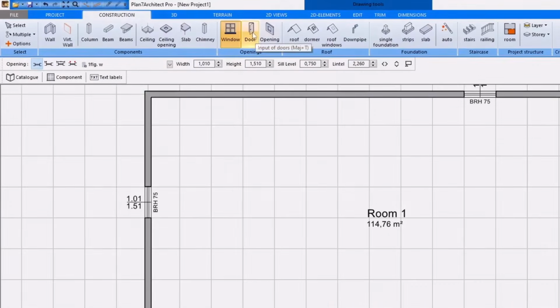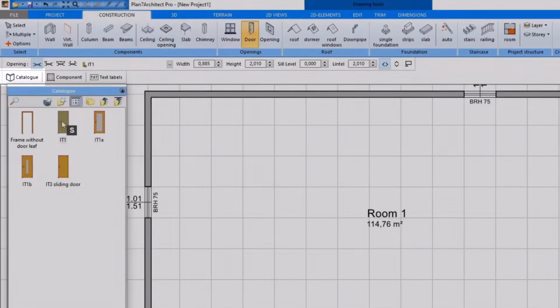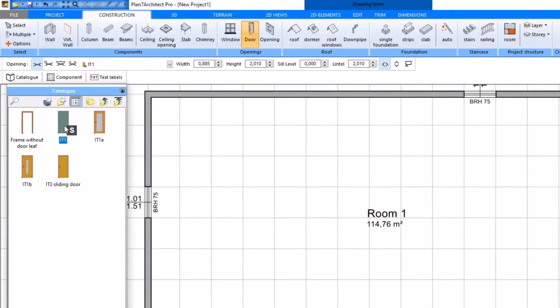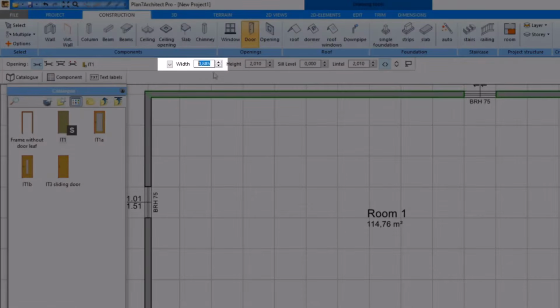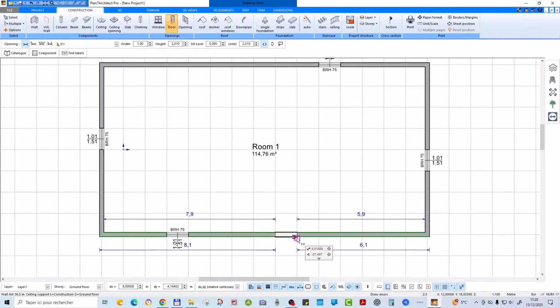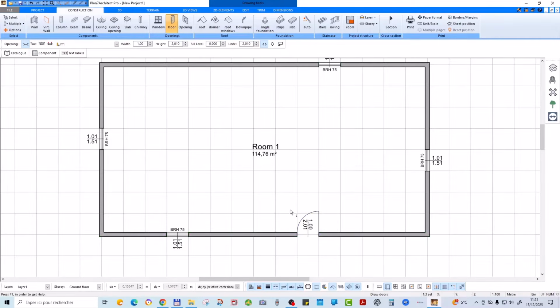It's the same for doors. You can click on Door and choose a door type here. And define the dimensions, for example, 1 meter, and click. Once we've confirmed the door's position and opening direction,